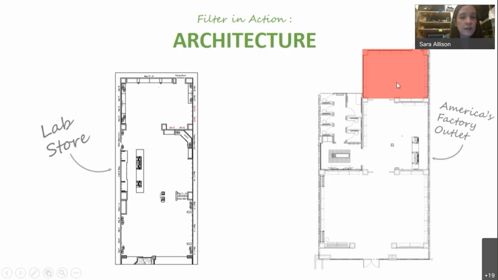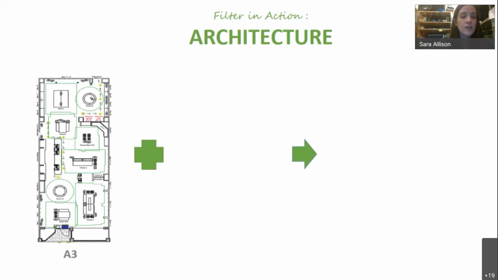And now with all this area given to clearance, I only have these 2 rooms for my America's Factory outlet to set all of my new products for the floor set. So what we want to look at is my store is A3. So first I look at the A3 laydown. And here we're going to see how the shops are laying down in this space.